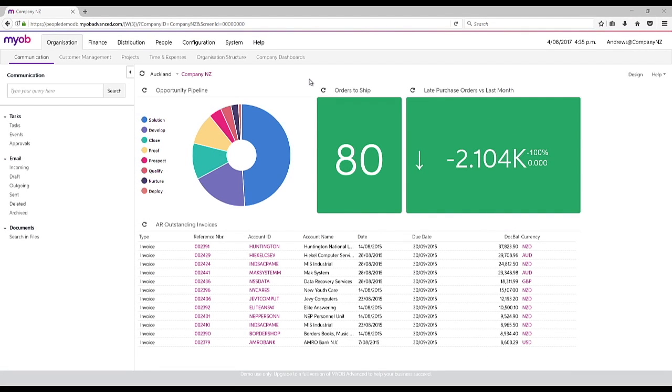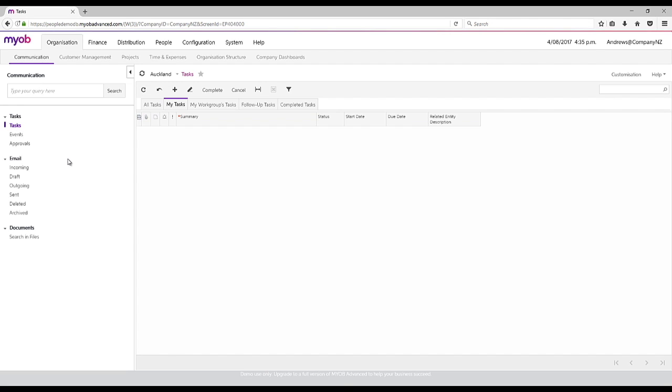I want to show you the productivity tools that we have within MYOB Advanced. The best way to show you that to start off with is under the Organisation and Communication area and under this Tasks area. Tasks displays all the tasks that we have assigned for ourselves or other people have assigned for us to do, and it lists them so we can see